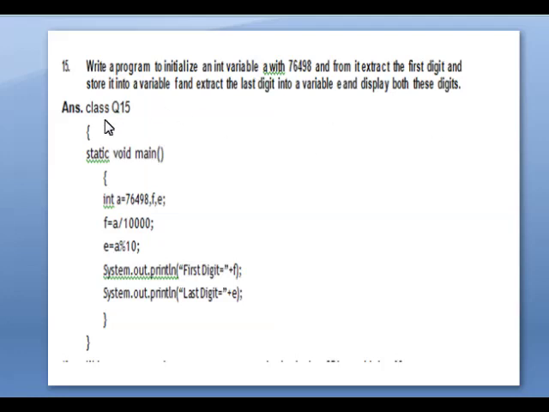क्लास Q15, then open curly braces, static void main of open curly braces.